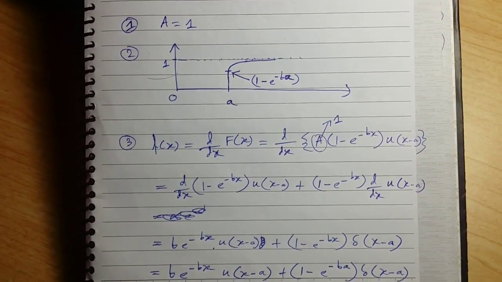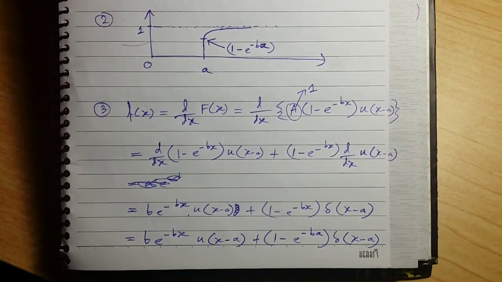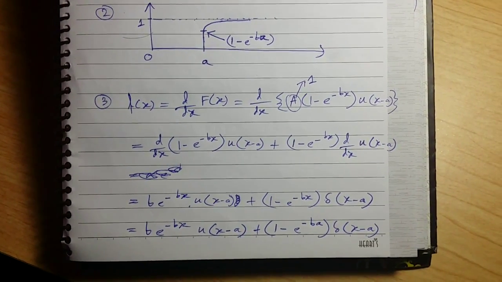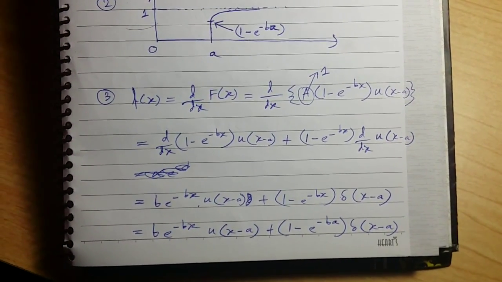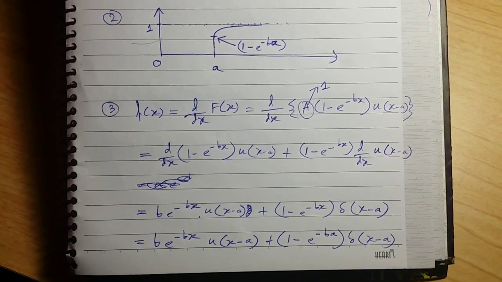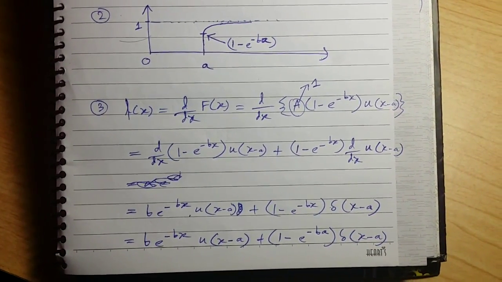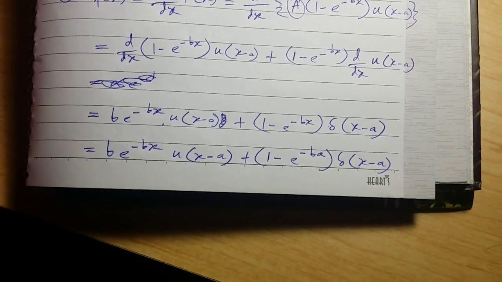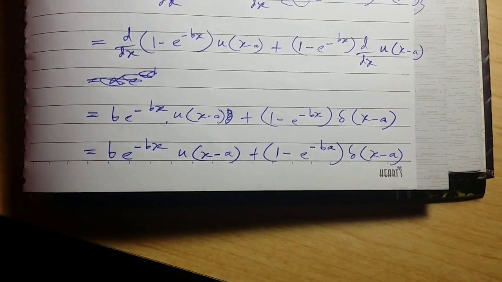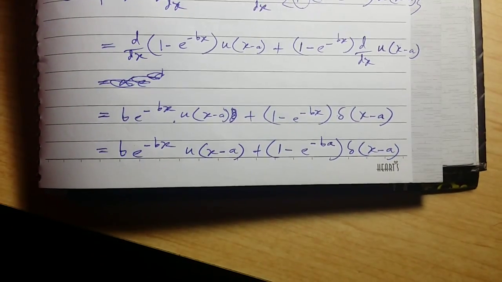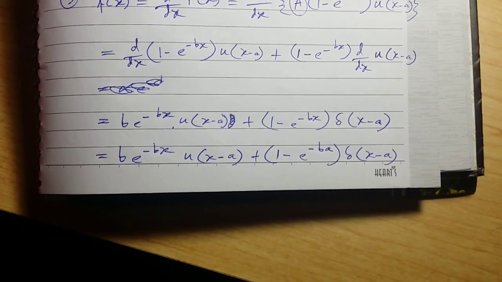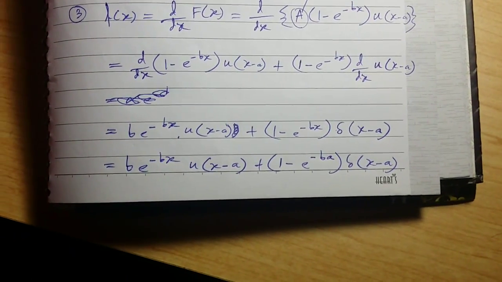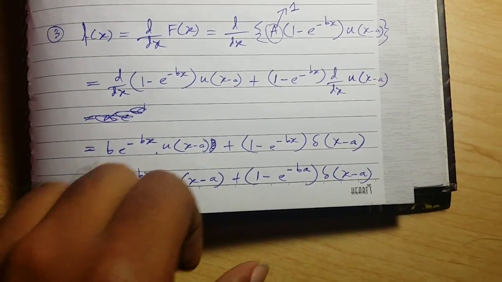So now in order to find the density function small f of x, we need to differentiate the distribution function. By applying the formula d dx of u v is equal to u d dx v plus v d dx u, we finally find the equation for the probability density function. The density function has an exponential part and an impulse. So now we add them up in a graph to draw the PDF,